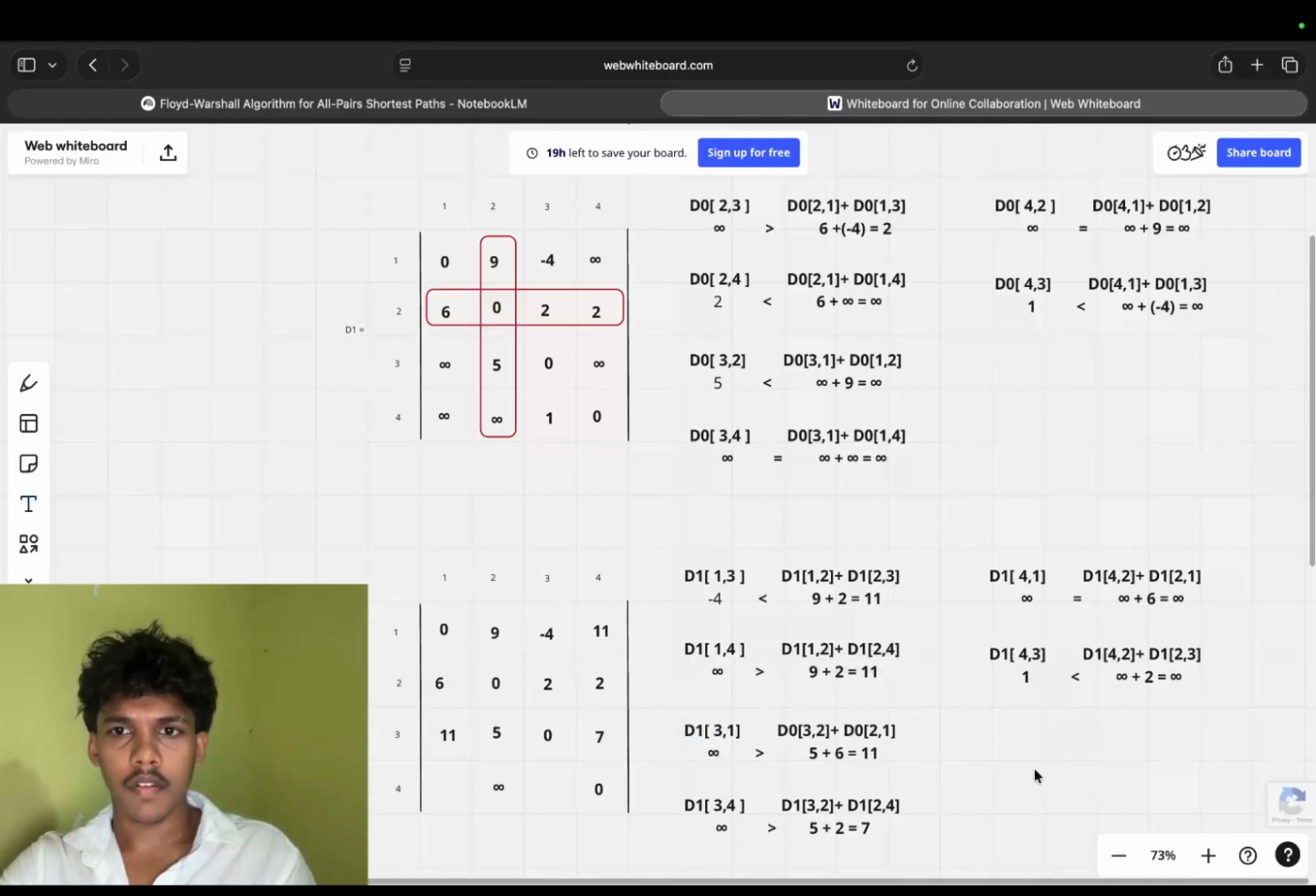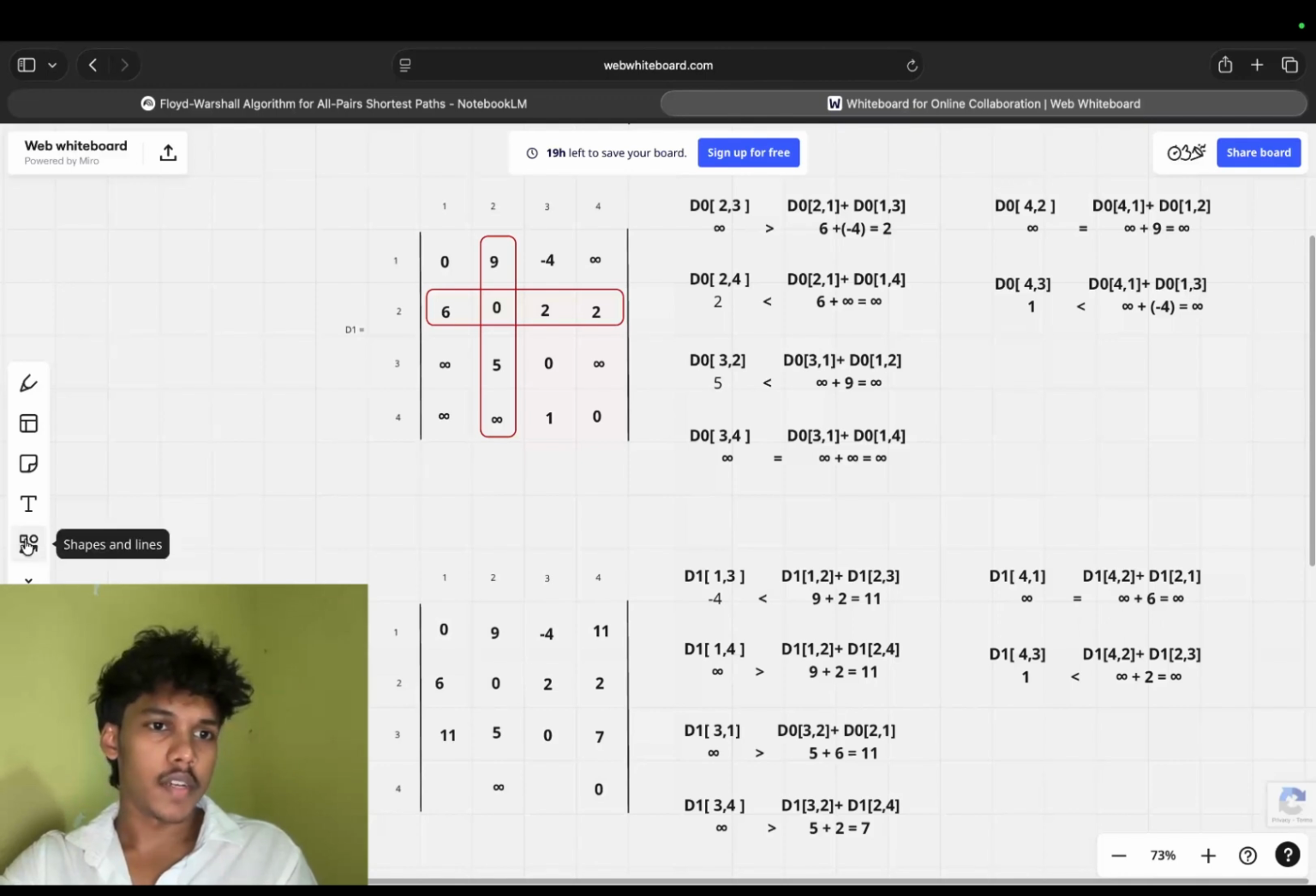7 goes here. Then we have to find the 4 to 1. 4 to 1 here is infinity. The middle element path is 4 to 2 to 2 to 1. 4 to 2 is infinity. 2 to 1 is 6. So it will become infinity. Since both sides are infinity, we will add infinity